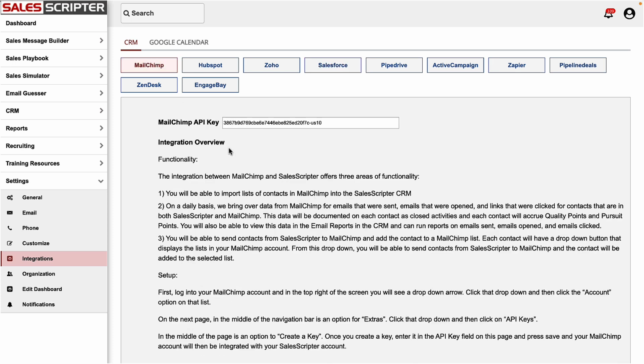We also integrate with MailChimp. The integration with MailChimp is bi-directional, so we can pull data and information from MailChimp and also send information from SalesScripter to MailChimp. So the way this works is that if you put your MailChimp API key in here,